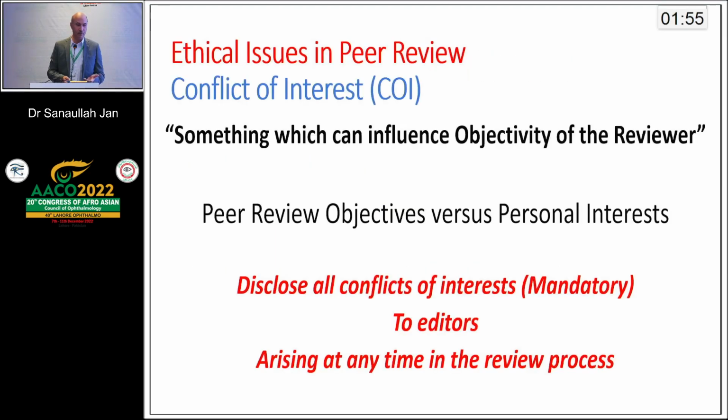So it is something which can influence the objectivity of the reviewer. There are peer review objectives, and then there are personal objectives or interests. If they are not balanced, if you prefer personal interest over the assigned job or task which you have been asked for, this is conflict of interest. If you suspect anything like that, you should disclose it. Usually it is mandatory to disclose all such conflicts of interest at the start of your review